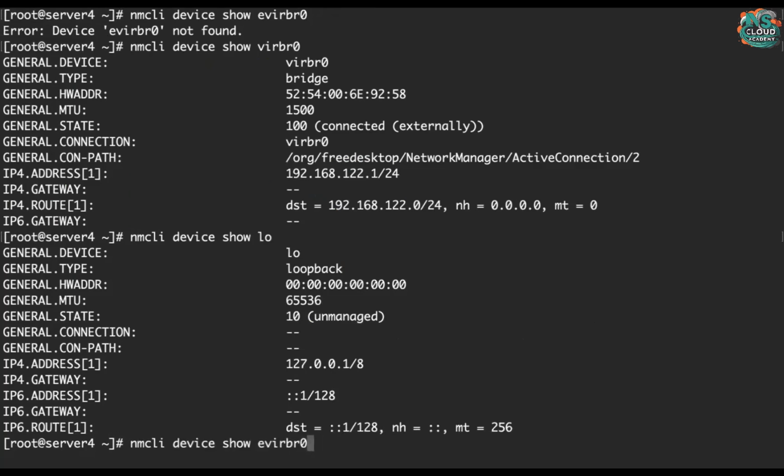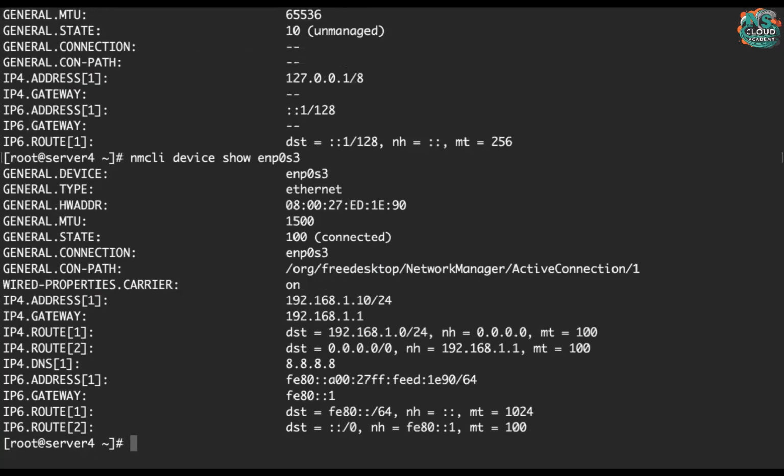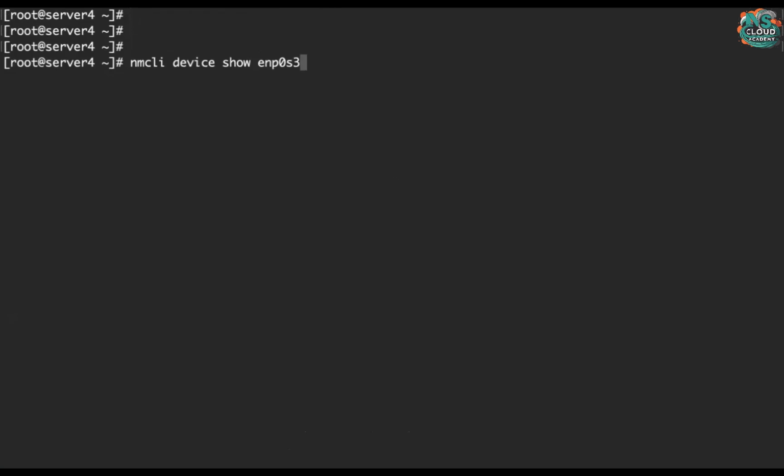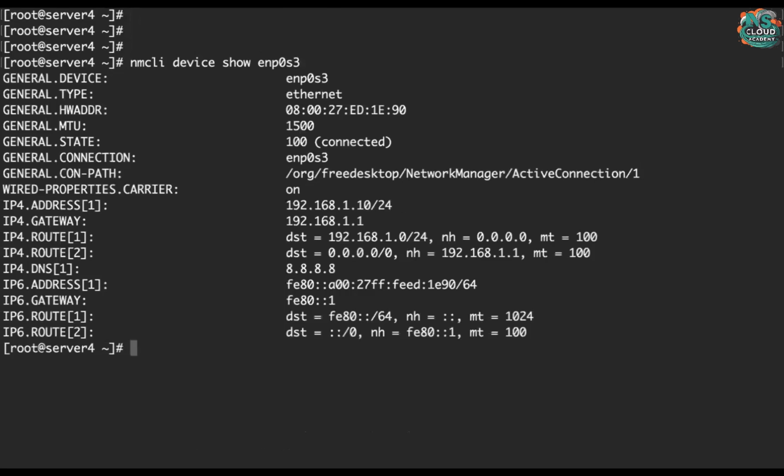And if you want to see your physical LAN card, you can use this one. So here also, when you run this command, nmcli device, enp0s3, you will see all the details related to that ethernet card. It shows the general device name, the type, which is ethernet, the hardware address, meaning the MAC address, the MTU, and the state, which is connected, and the connection name is